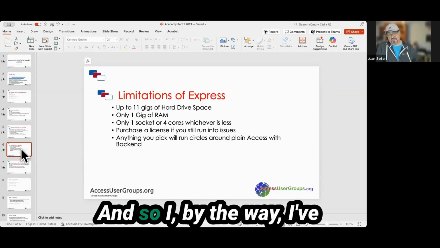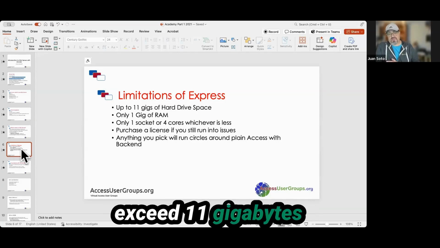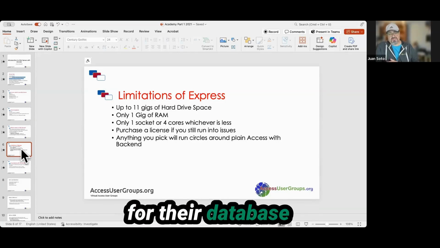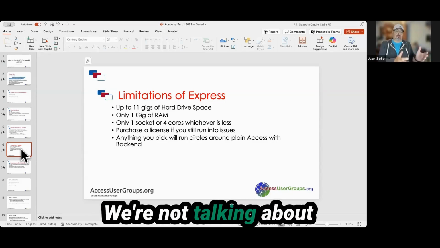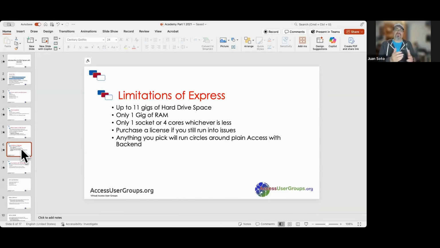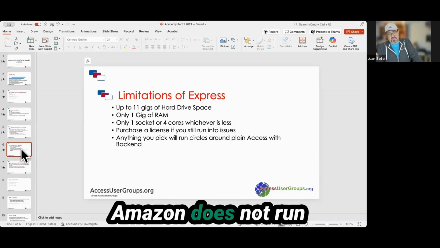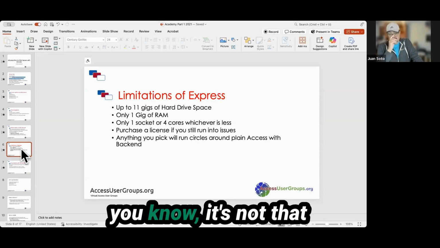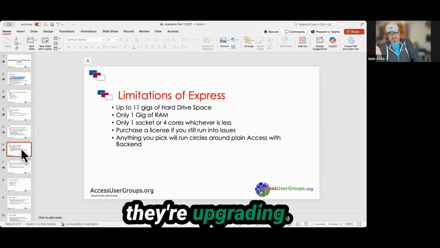By the way, I've never seen a customer exceed 11 gigabytes of hard drive space for their database in SQL Server Express. Again, because we're coming from Access, right? We're not talking about highly transactional systems. We're not talking about Amazon here, right? Amazon does not run Access, obviously, but it's not that you have a transaction every second with these databases that they're upgrading.